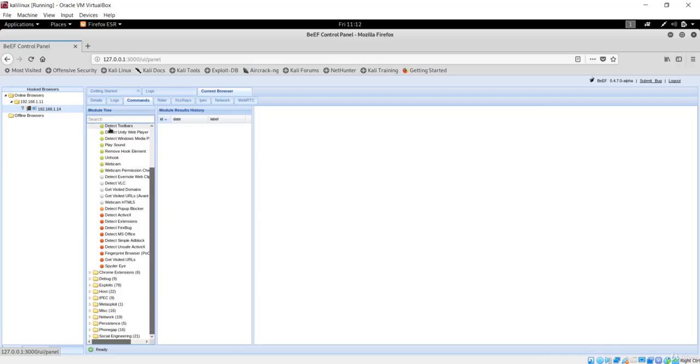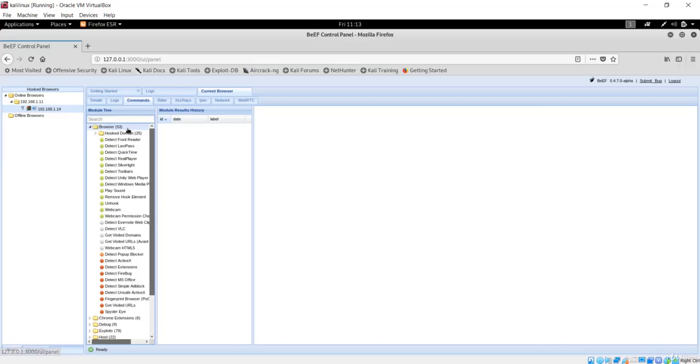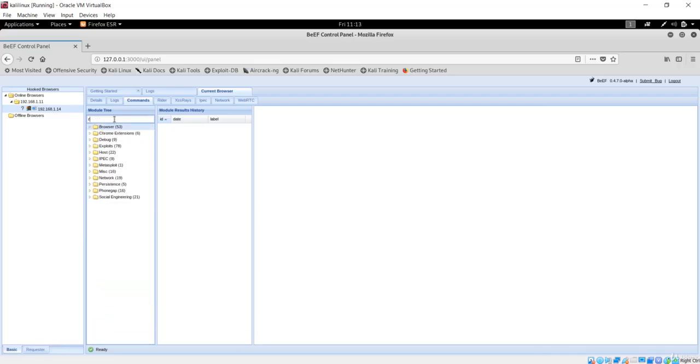One interesting thing I can do here is redirect. So let's search for redirect, and if I press enter, then you can see that we have this information saying redirect browser, and all of this information.